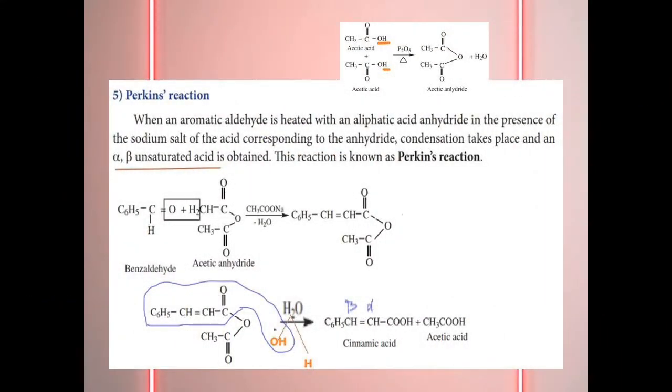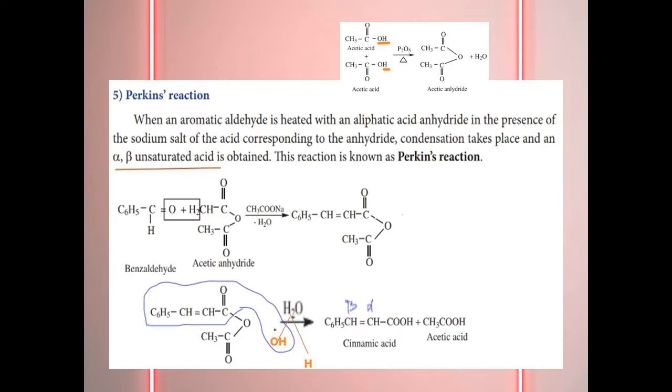Before entering into the Perkin reaction, first of all we have to know what acetic anhydride is. We get acetic anhydride from 2 moles of acetic acid. That acetic acid loses water with the help of P2O5, indicated in orange color. That water is removed. Afterward you join the 2 acetic acids, and then we get acetic anhydride. Now in the Perkin reaction, this acetic anhydride is added to benzaldehyde in the presence of sodium acetate, indicated by the arrow mark.